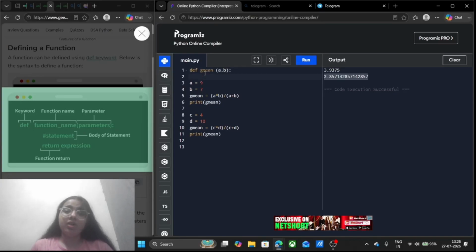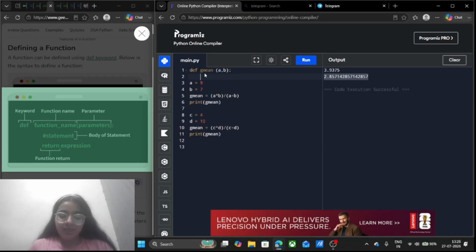Indentation will automatically come. If it doesn't come, if you are writing in Notepad or Microsoft Word, then you have to press the tab key, otherwise it is not going to work and will give you an error, as indentation is not supported in these. If you are practicing in these, you have to give the indentation yourself. But why practice on these if we have online compilers and VS Code? VS Code is the best practice. Just download VS Code and practice there. It also comes with so many libraries, and your work is going to be super easy.